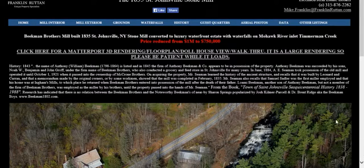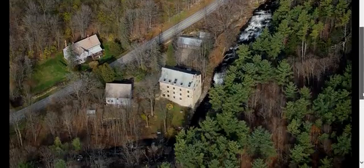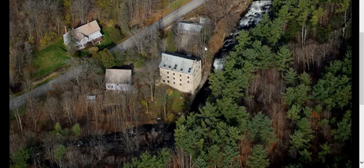Welcome to the 1835 grist mill in St. Johnsville, New York, and you will see it in this picture in the exact center. It's made out of stone and it has 3-foot thick walls at the base and about 18 inches at the top. My name is Ron Heasel and I'm the owner of this mill and the whole complex, which is